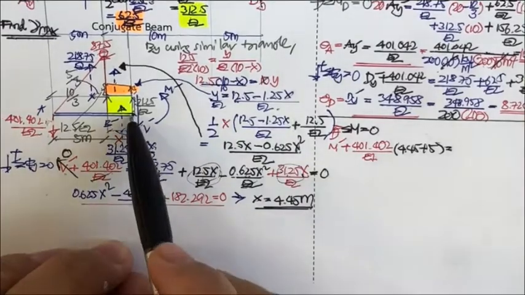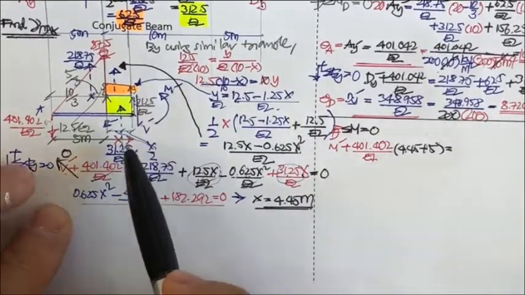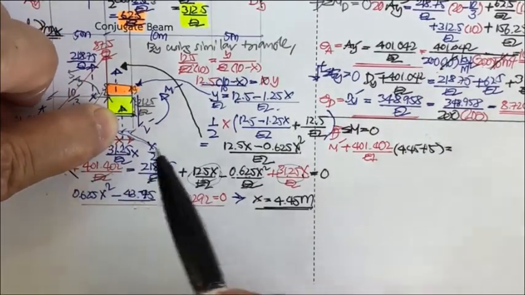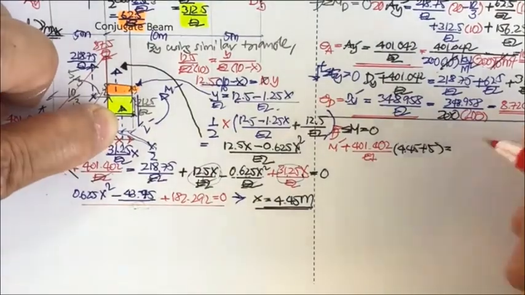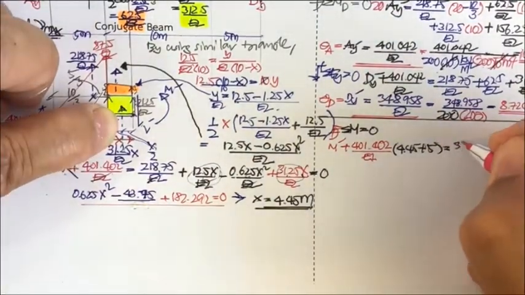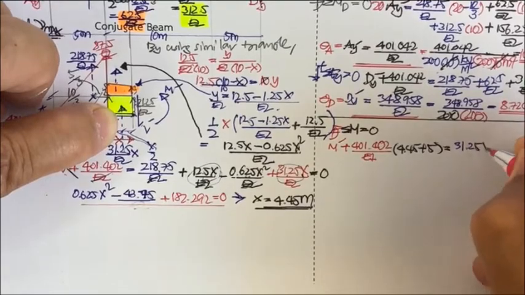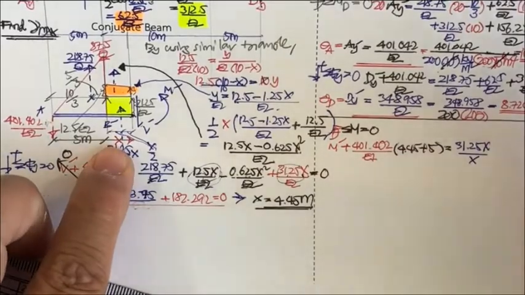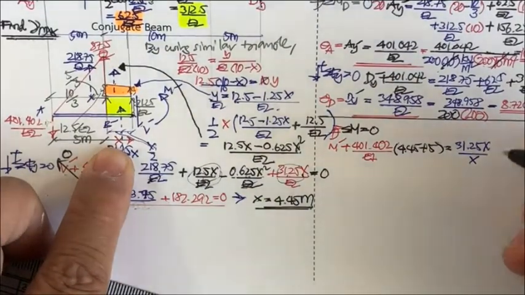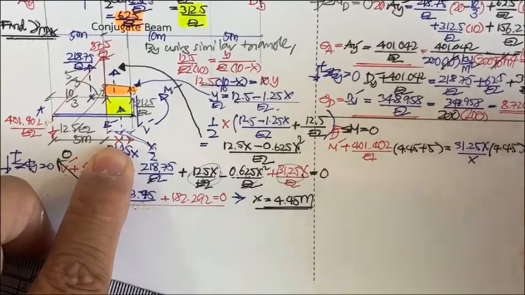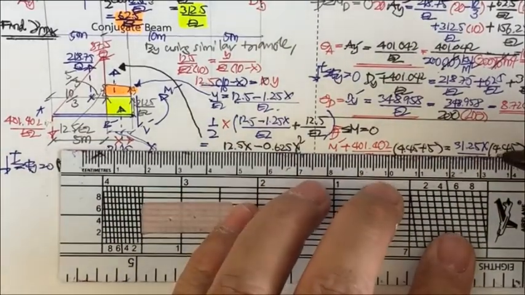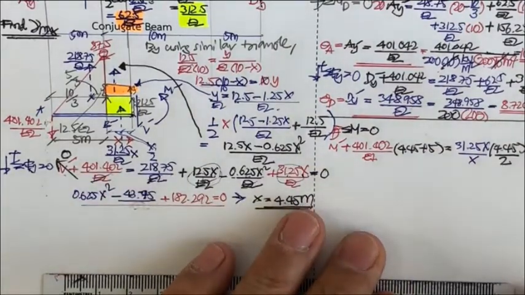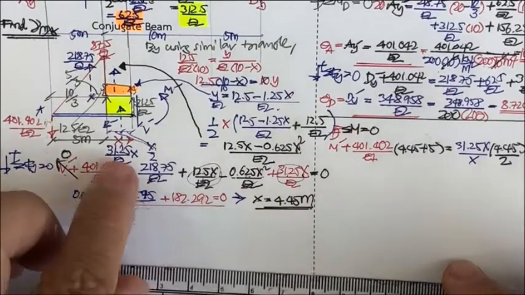Okay, so we will have a little bit of area to work on. So take a moment here, this one rotate here, this rotate here, and this one is easier. This one is 31.25x divided by EI. It's going to times what? You times x over half, right? It's going to times 4.45 and then divided by 2. Okay, and if you like to go further,